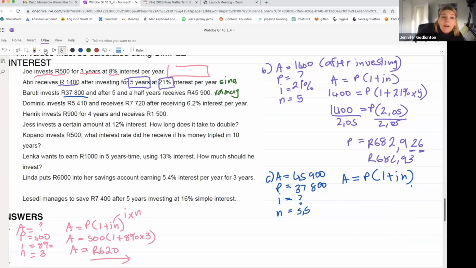Okay, so I want you to help me rearrange this formula. I want I eventually to be alone. So how can I start rearranging this? Okay, so I think I equals to